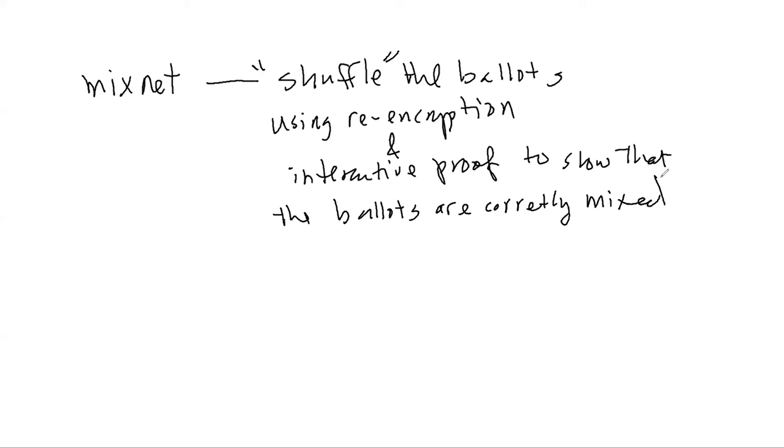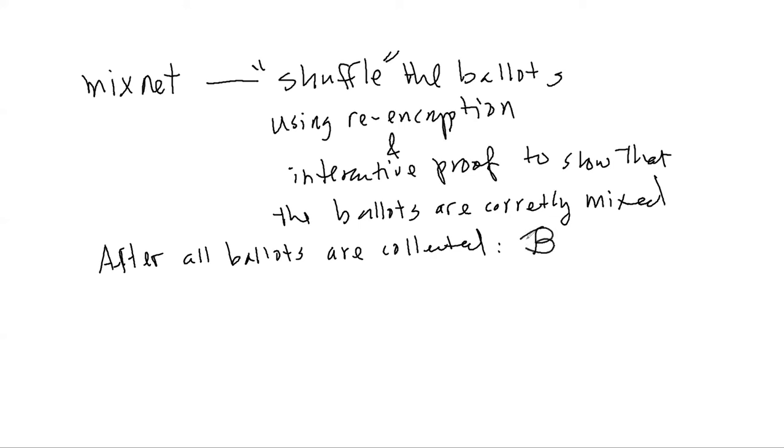So what is done here is, let's say after all ballots are collected for the election, all sets are collected into a set B. Let's call it curly B. So this is a set of all ballots, and we're going to mix them up,